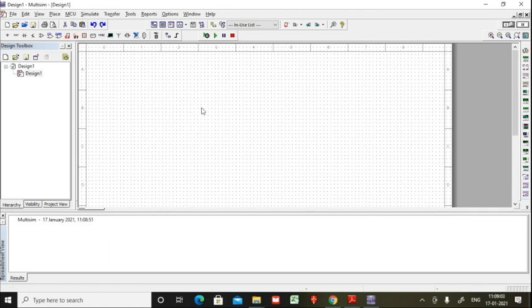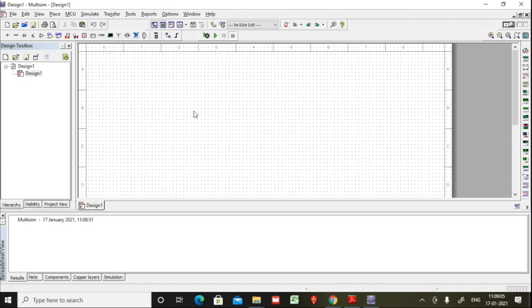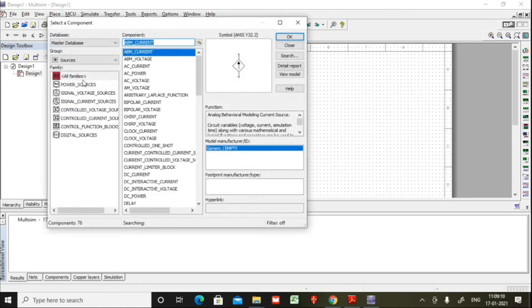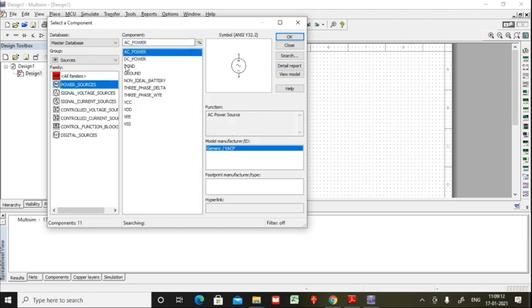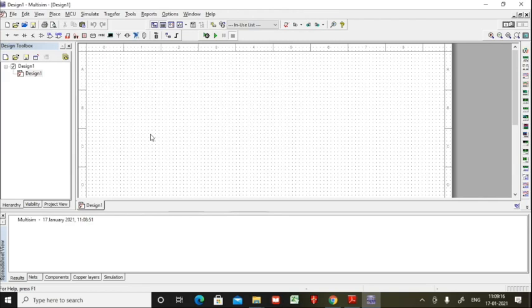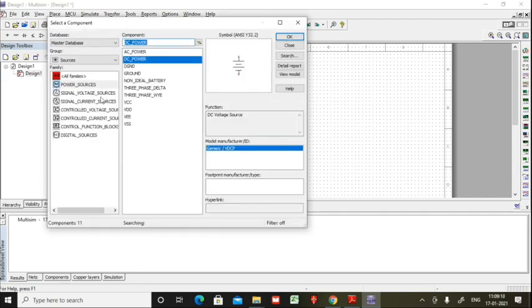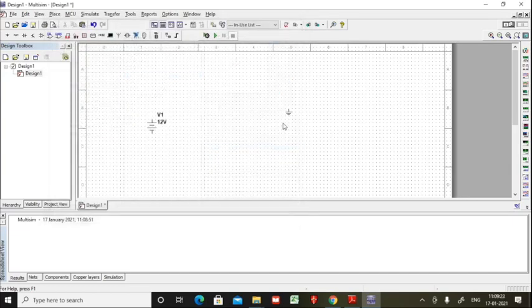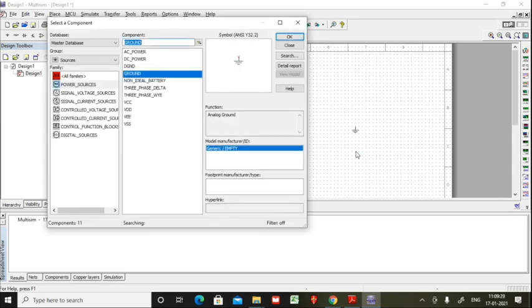Now we have to rig up those components. First I need a power supply, which is a DC power supply, and I need two grounds, which I'll place here. You must see the circuit diagram and go according to it.